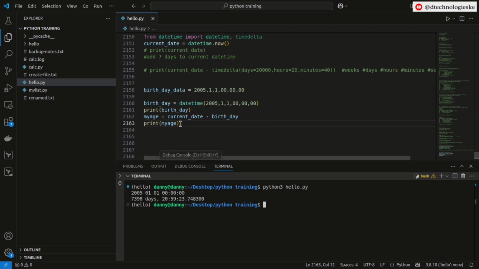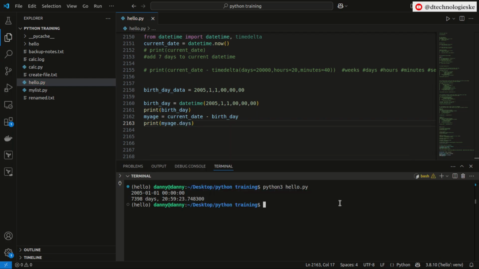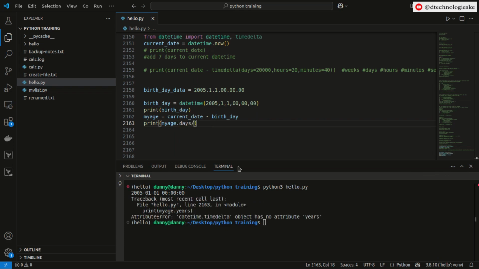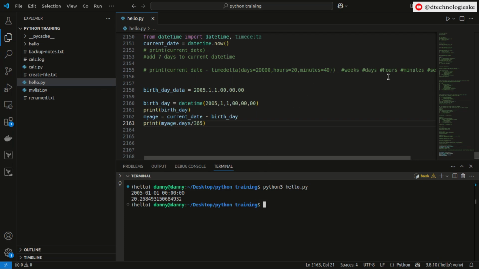All right, so again, let me see if we are able to get anything out of this. So okay, in here we are able to get days alone. From the days, let's see if we are able to divide by 365 to get the years. So we see I am some 20 years old, and of course with some days. As we have seen when talking about time delta, you are only able to pass in weeks, days, hours, and all that. So similarly in here, you need to convert, say, these to the number of days,